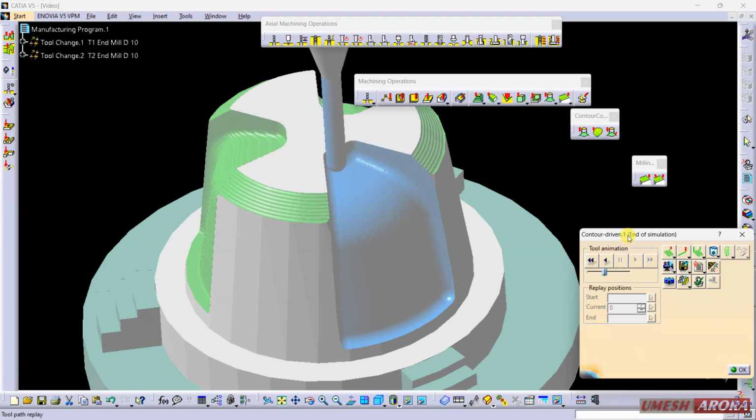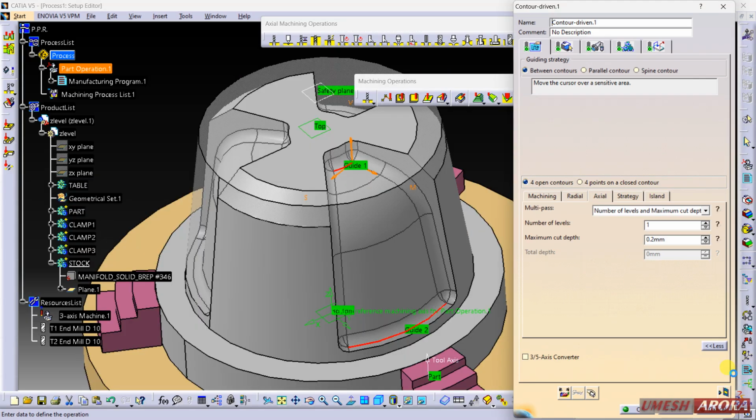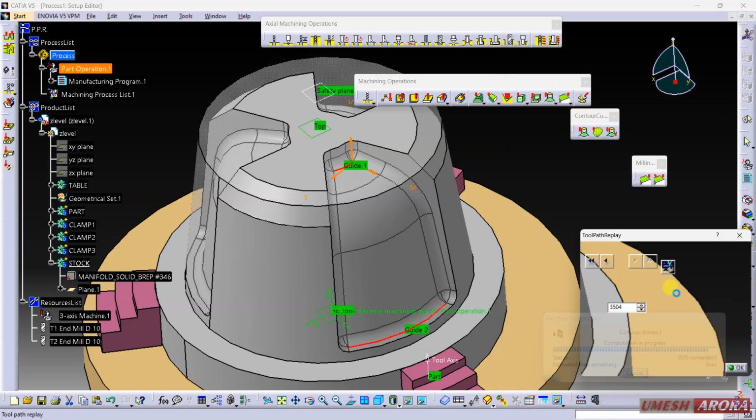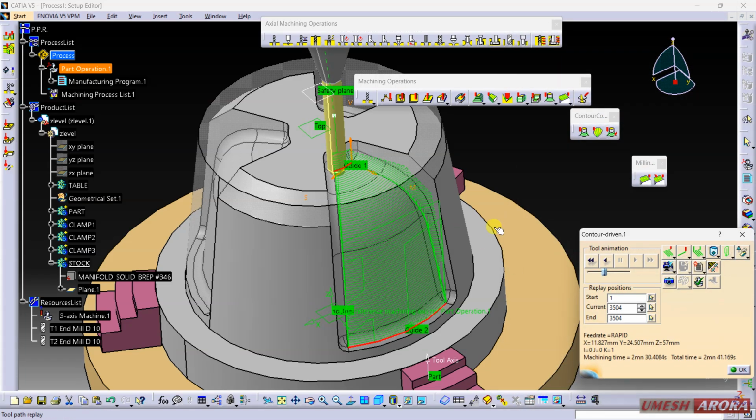So what I'm going to do, come to this radial, and here change radial from 1 to 2. So it will start from the first curve and go to the second guide curve. Let's see. This gap is 0.5.